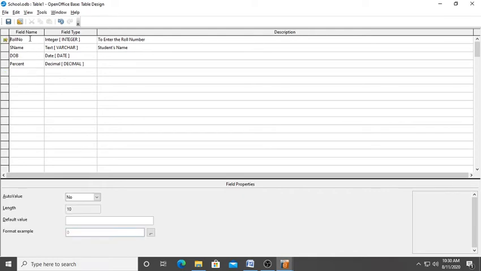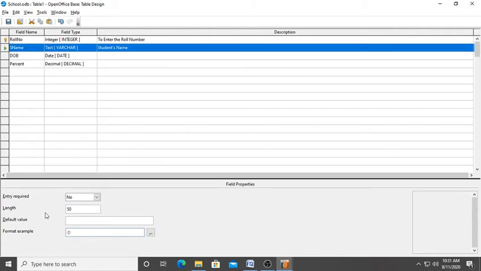One important thing is, if we want to change any description of the field format, we can change the field format from here. By default, what is the length of this S name field? The length of the S name field is 50. As in the bottom we can see, enter the maximum text length permitted. So 50 characters we can store in this S name field, but it is very big, so we can make it short. So 25. So maximum 25 characters can be entered in this S name field, and text type of data we can enter in this S name field. What is word character and what is character, we will cover it later.